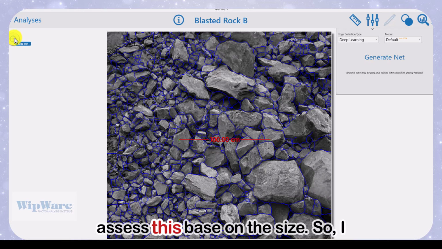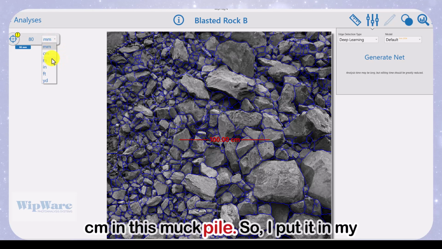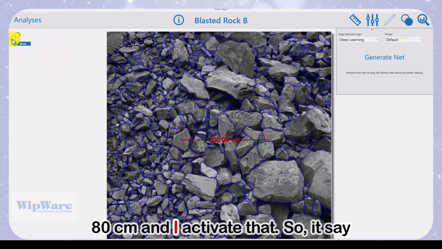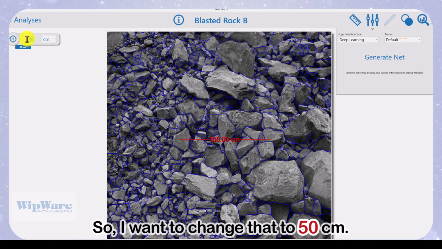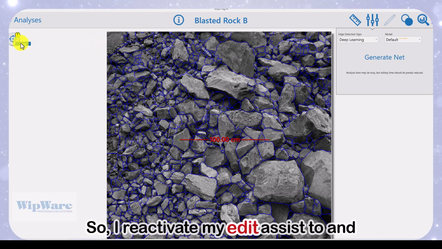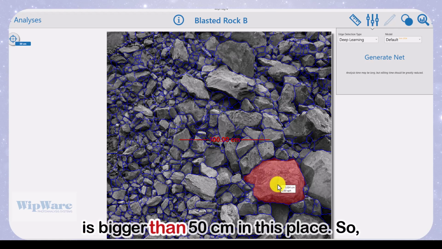So you want to also assess it based on size. I want to see material that is bigger than 80 centimeters in this mock pile. So I put in my 80 centimeters and I activate that. It says there's no material as big as 80 centimeters. So I want to change that to 50 centimeters. So I reactivate my edit assist tool, and it says this is the material that is bigger than 50 centimeters